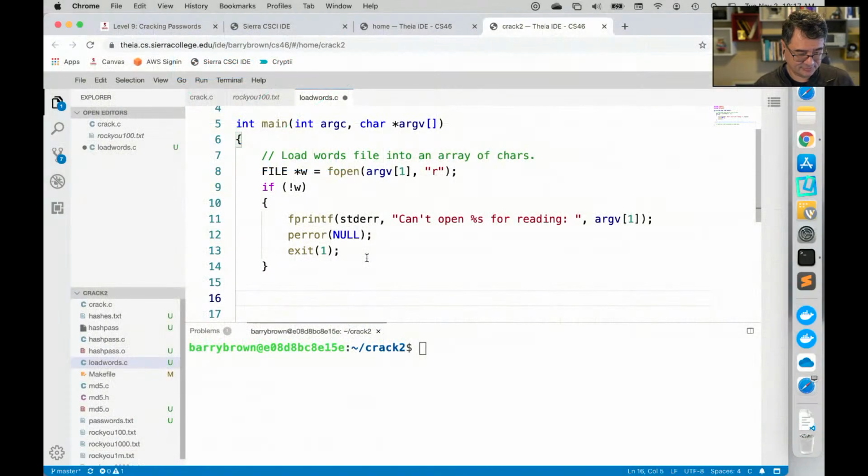fread. So we could use fread. Remember when I introduced all the functions for working with files? I said fread was good for reading in bulk data. Mm-hmm. If you had a lot of stuff you wanted to read in and you knew how much you had to read in, fread was great for that because you just pass in the file you want to read from, where it's going to go, and how many bytes. And it just pulls that all in.